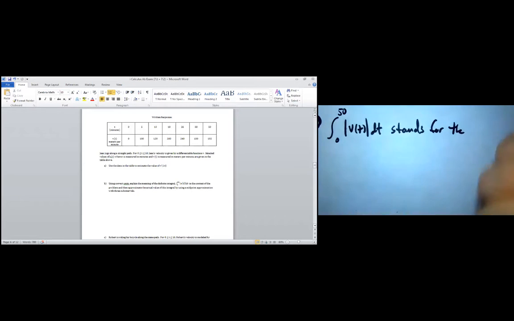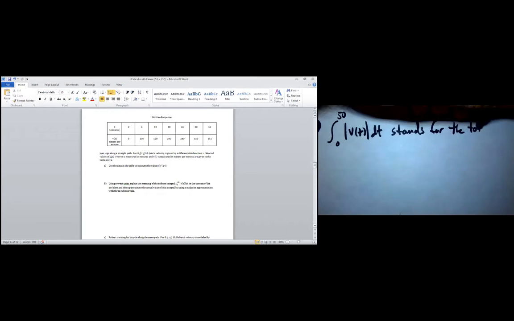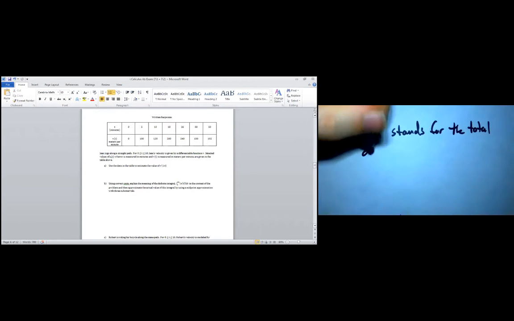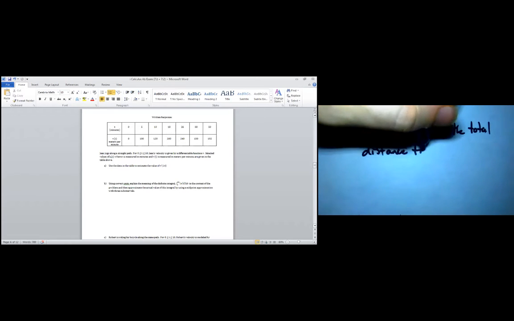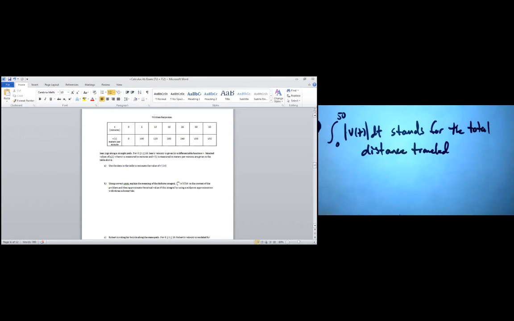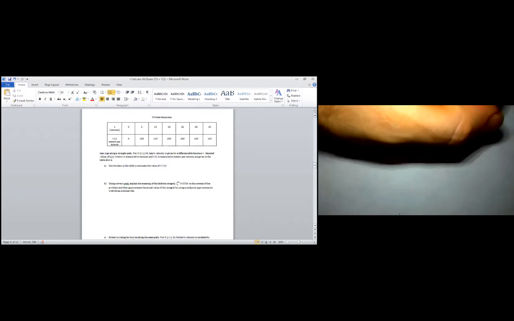So it's just the integral, but a positive one. It is an integral, a positive one, but it has a specific meaning: the absolute value of v at t dt. It means something particular. Is it the total distance? Yes, total distance. It's always total distance traveled. You might want to memorize that one. Write it down. The absolute value of v at t dt is the total distance traveled, and in this problem, in